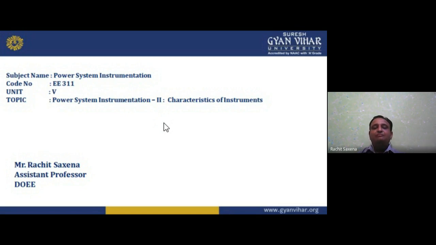Then we have power, meaning different types of power: active, reactive, apparent. So we have three powers, which together make complex power in AC. We can also write an expression like S equals P plus jQ, where S is apparent, P is active, and Q is reactive. So we can understand how we can measure it. Then afterwards we have the instrument which we use for the measurement of voltage, frequency, time delay, and phase.